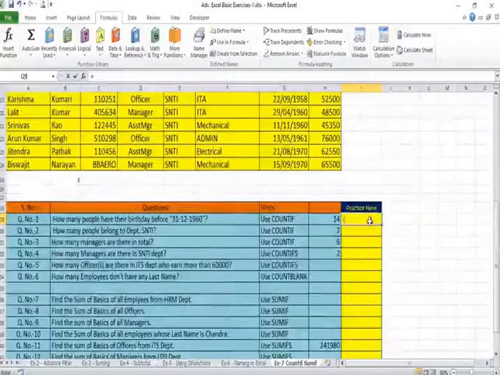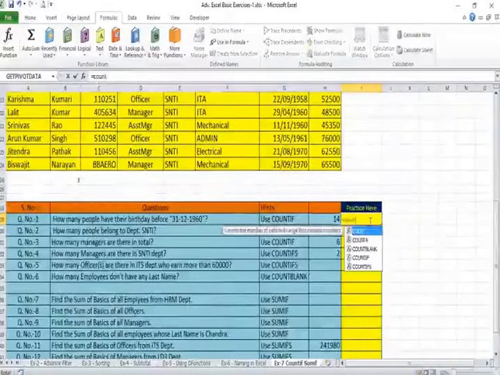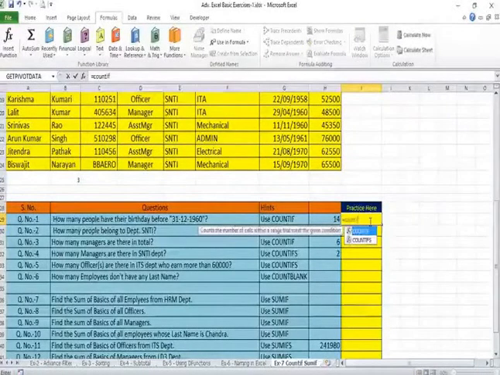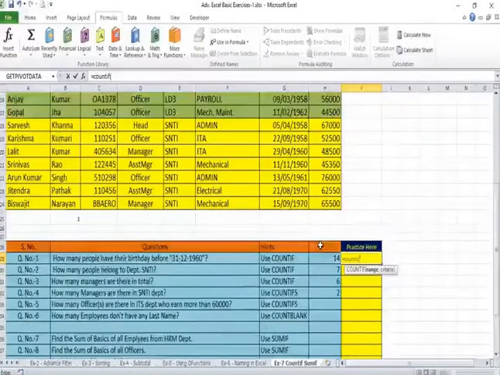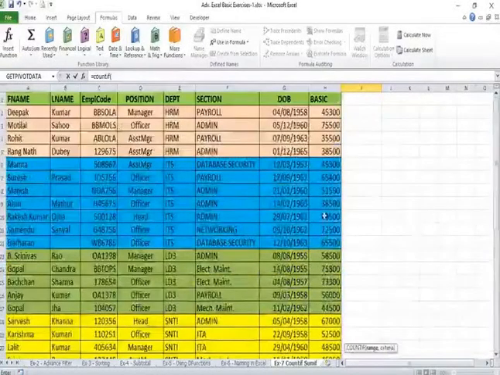So we will write equal to COUNTIF and open the bracket. It is telling you to select the range. So the range will obviously be the database range, this one.